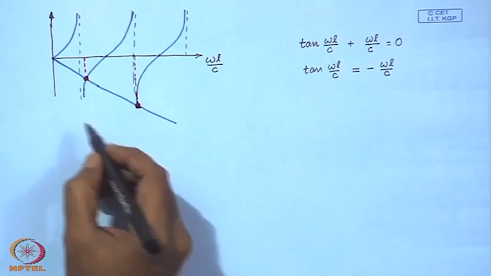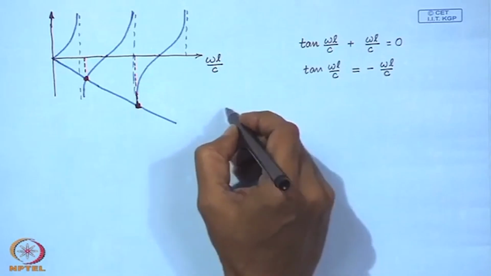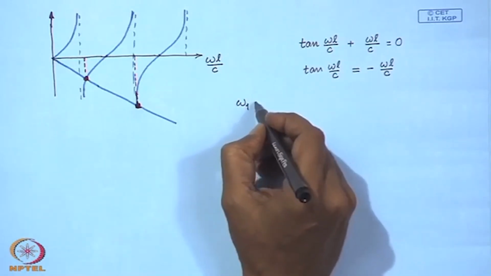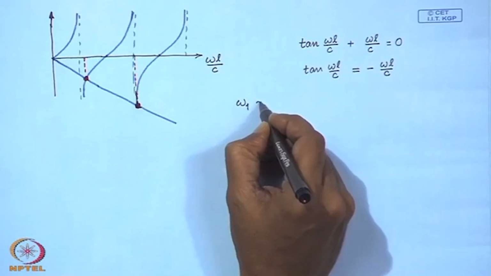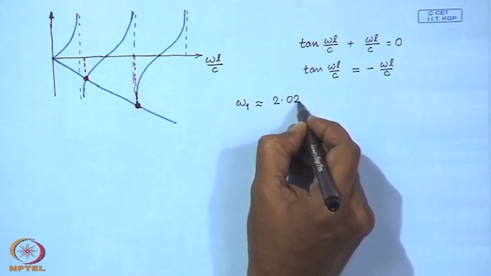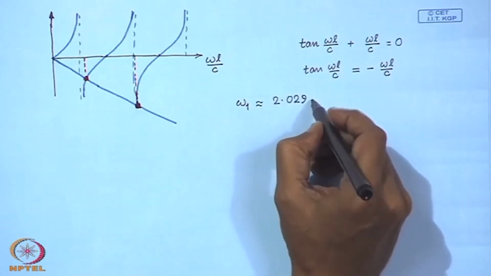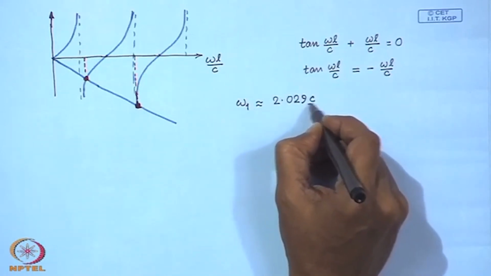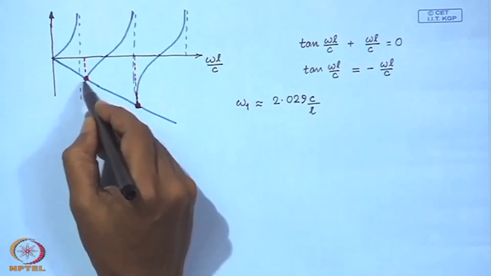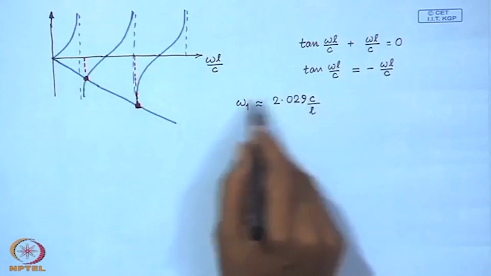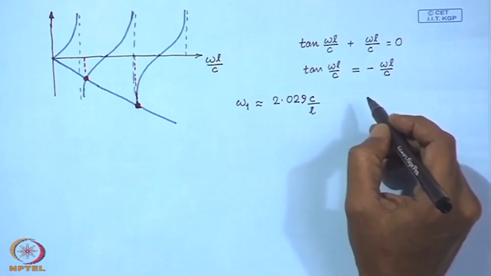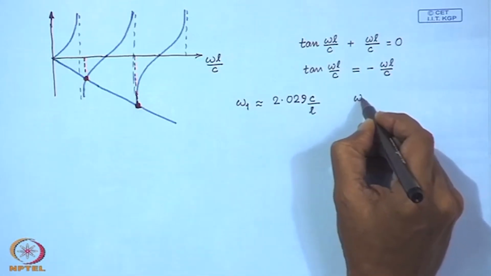So, these solutions are obtained so the first, this point, the first intersection gives us omega 1, which is 2.029 c over L. Similarly, omega 2